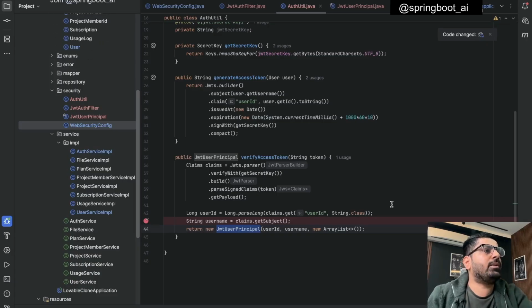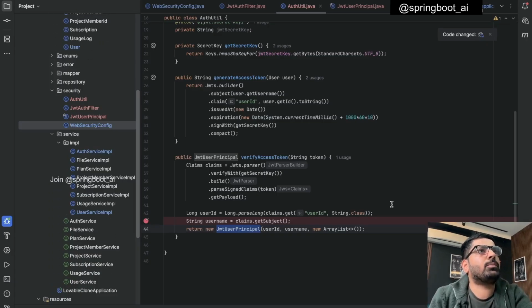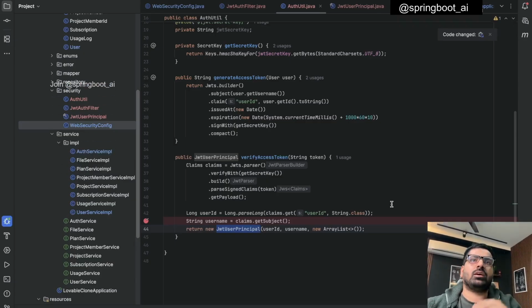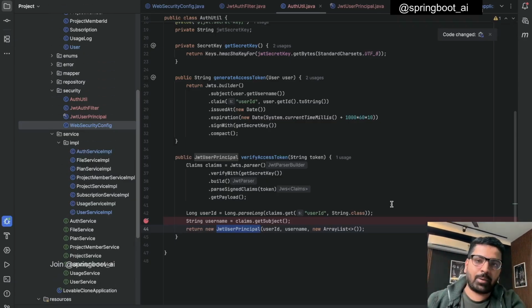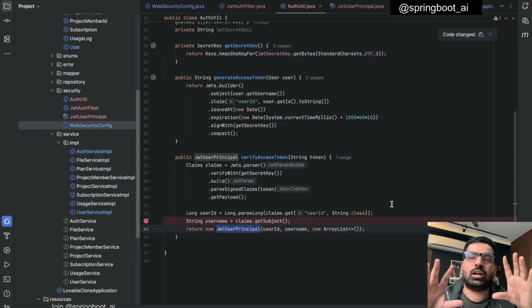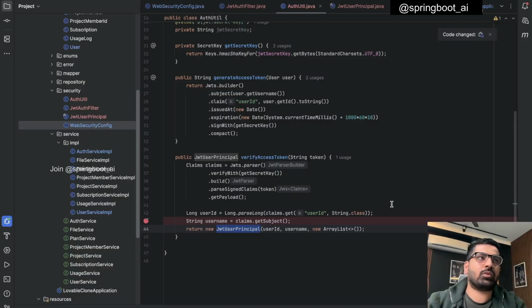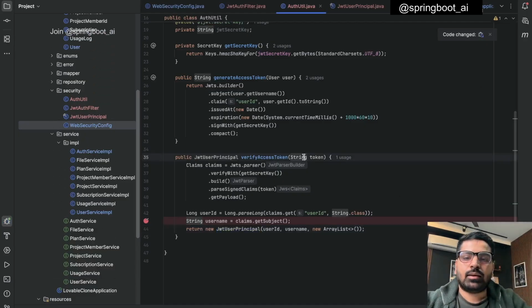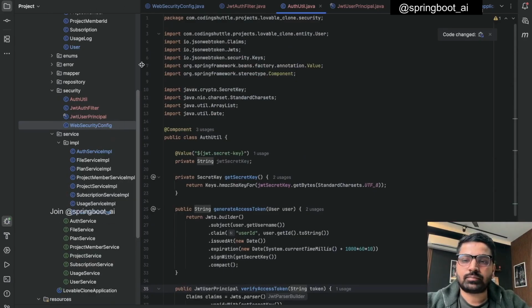Can we have dev and prod concept in this project? So basically you're talking about profiles, and yes, we'll do that shortly, don't worry. That part will come when we actually deploy this application. We'll do both the development part and the production part, and we'll see how to deploy this in a proper manner. So that part will come soon, don't worry guys. For now, let's just move on and